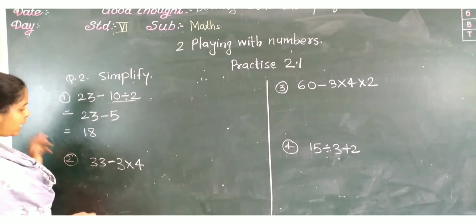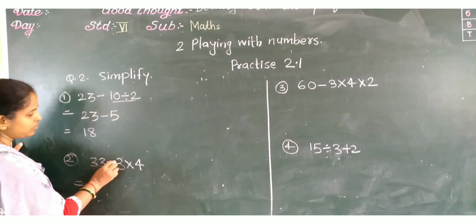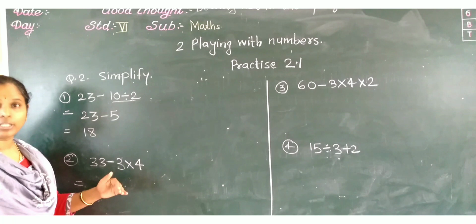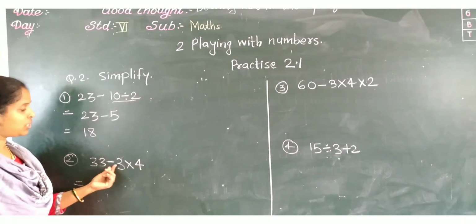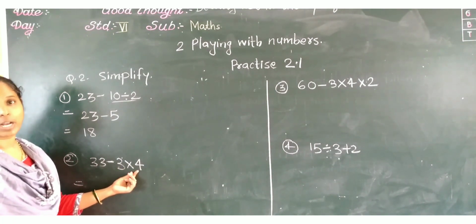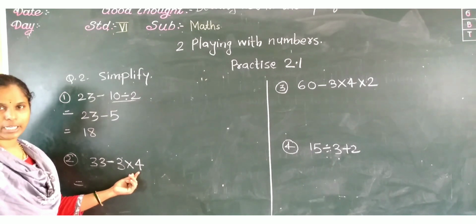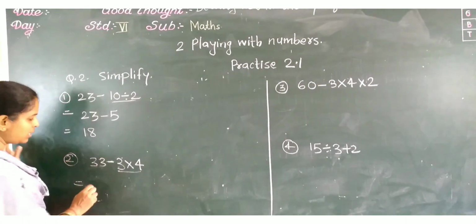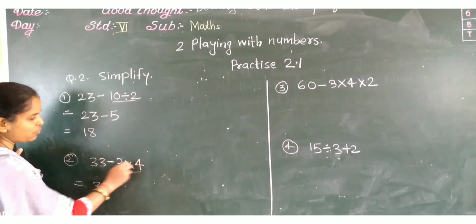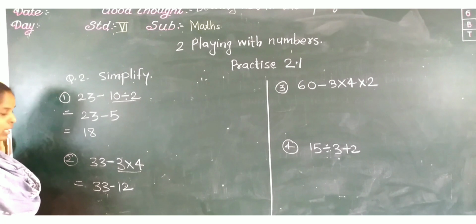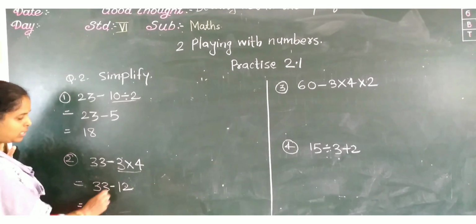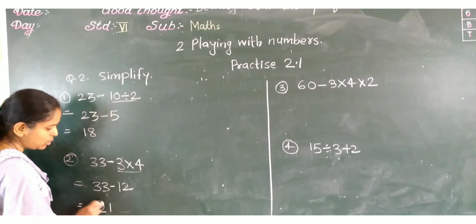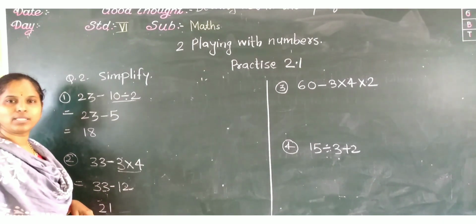Okay. Now see the second one. Here 33 minus 3 into 4. As per the rule, here subtraction is there, and multiplication. So which operation do we have to carry out first? Multiplication. So we will carry out multiplication. Other things write as they are, that is 33 minus, 4 3s are 12. Now 33 minus 12: 3 minus 2 is 1, and 3 minus 1 is 2. So 21 is the required answer.